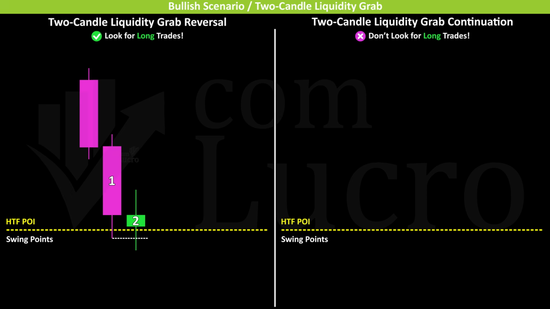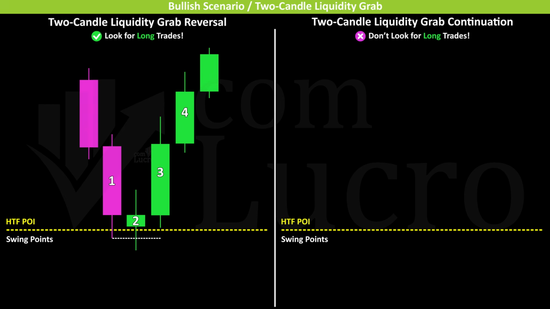If price trades below that higher time frame swing low, grabs the liquidity resting beneath the lows, but then closes back above the level on the daily candle, this can also qualify as a bullish two-candle liquidity grab reversal. This is important because even though the daily trend may still be bearish, the market is now reacting from a much larger higher time frame point of interest,